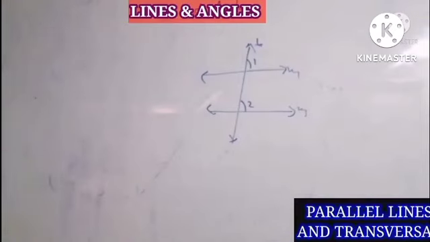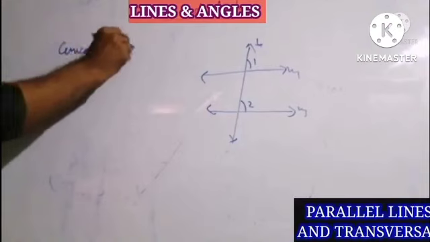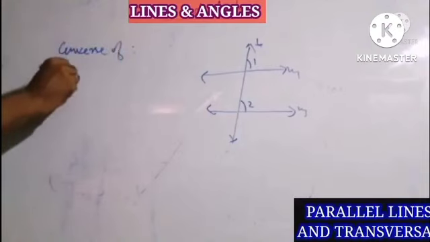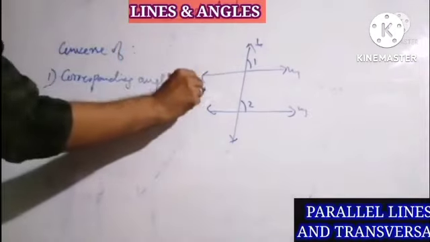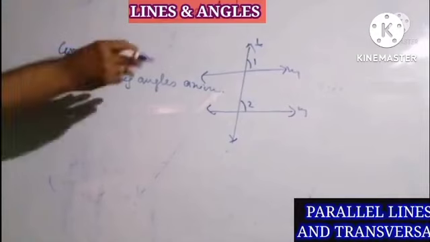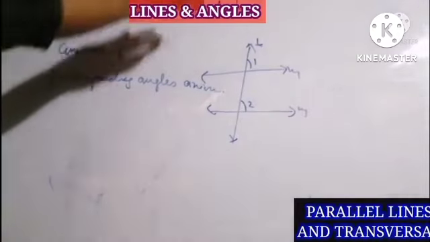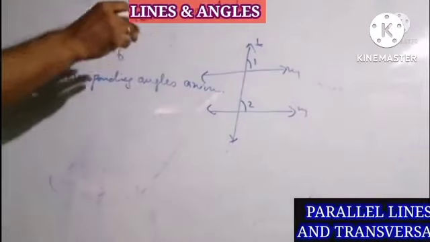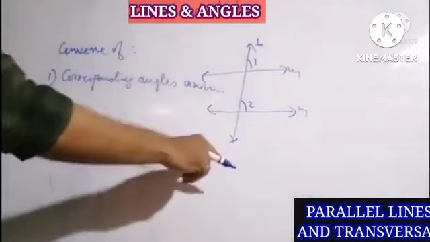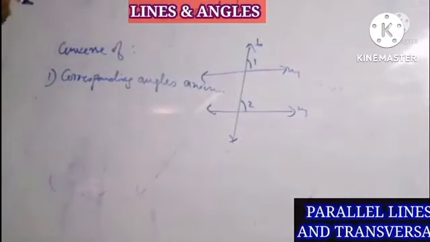So before coming to this question, I am going through that. What is converse? Converse of, first number 1, the corresponding angles axiom. Axiom means a statement which needs no proof. So the corresponding angles property is called the corresponding angles axiom. We know that corresponding angles are equal when the lines are parallel. If two parallel lines are intersected by a transversal, making 4 pairs of corresponding angles, the angles in